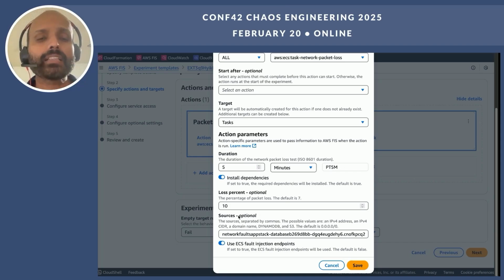And similar to the latency, you can specify a source where you would want to inject this network packet loss. Another important thing that I want to call out in terms of sources is, if, let's say, your application is connecting to DynamoDB or S3 and using them as the storage layer, then you can just specify that literal text in the sources, and FIS will do the IP resolution for you and make sure that any traffic that is going out to DynamoDB and S3 is impacted by this network fault.